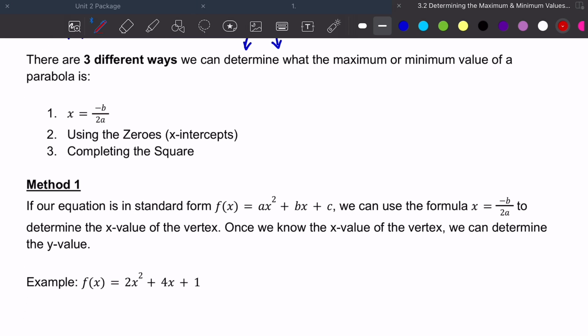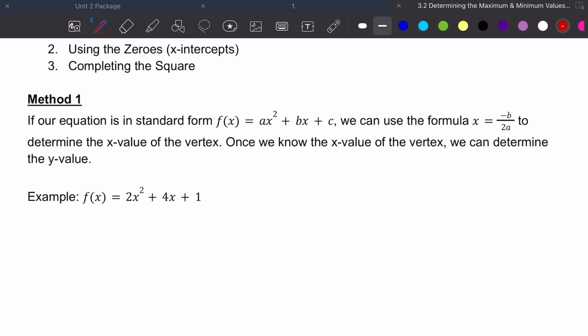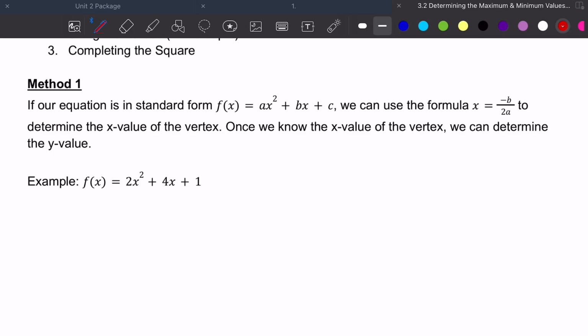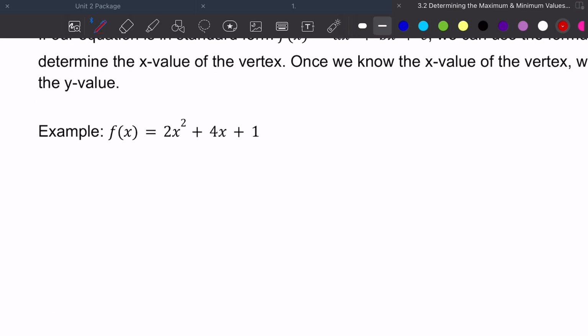So for method 1, our quick little hack to finding it, we are going to use x = -b/(2a). And that's going to tell us our axis of symmetry, which is the x value of your vertex. So in this case, if I've got 2x² + 4x + 1, my a,